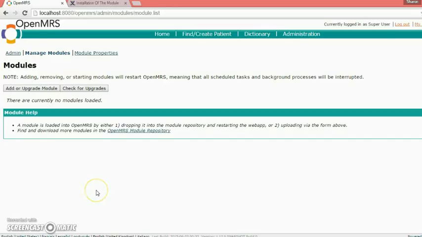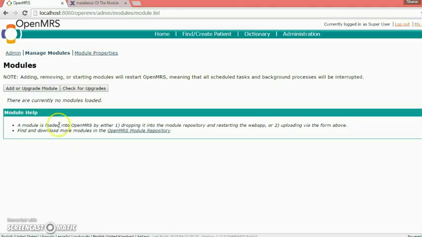Let me take you through a demo of the work I have done till date. Steps before installing the module. There are two modules required to install the cohort module. Initially, the HTML form entry and the REST module should be installed before trying to run the cohort module. In the cohort module, we would be using version 2.5 of HTML form entry and version 2.11 of the REST module.